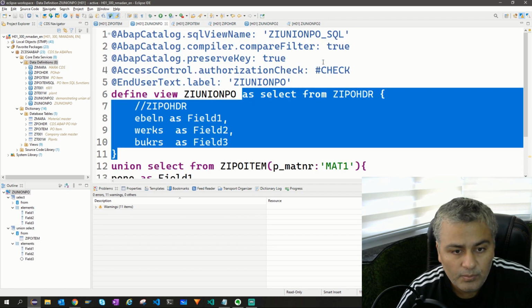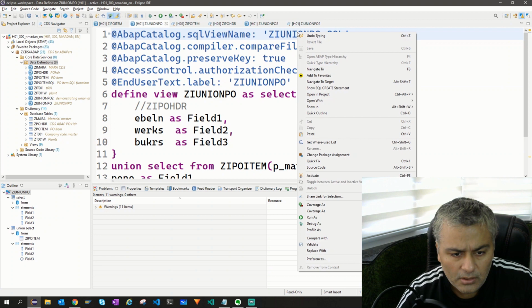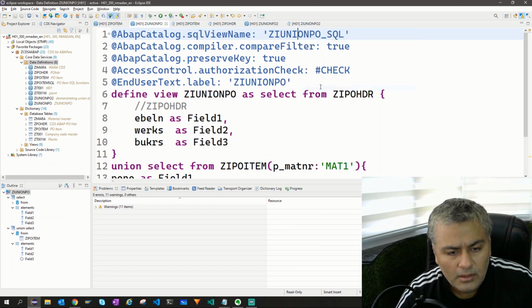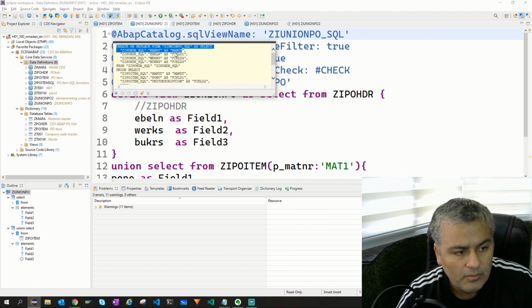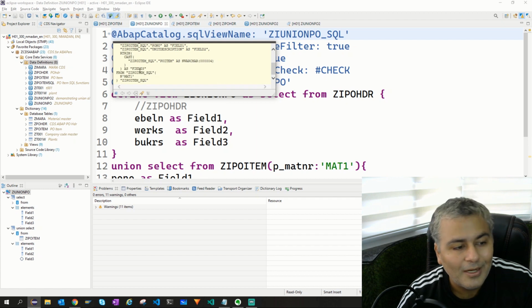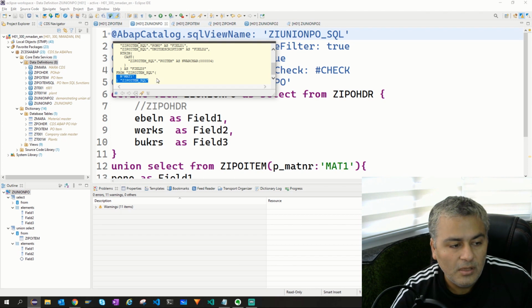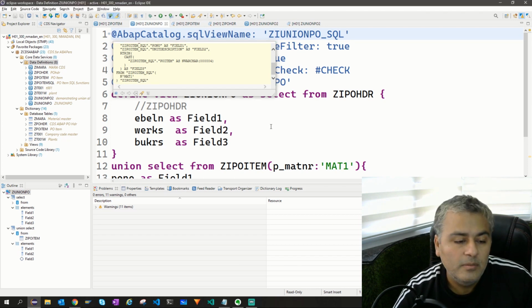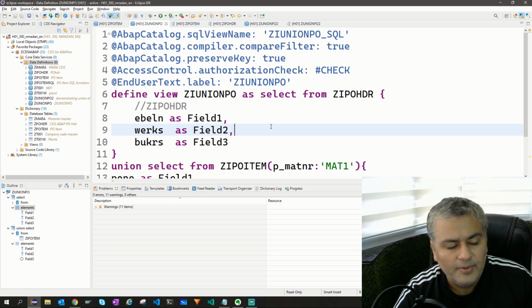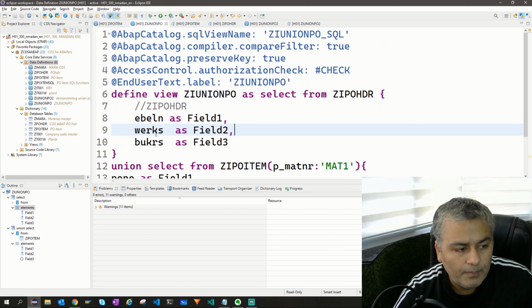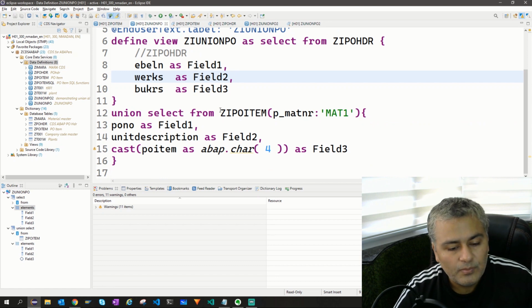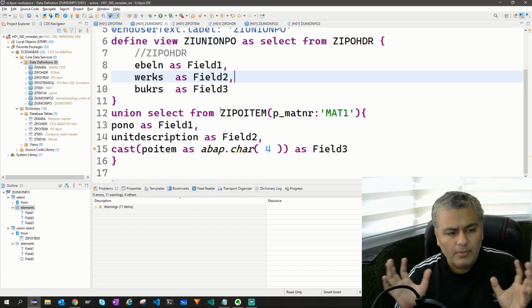And I wanted to show you one more thing. If I go to the SQL create of this union view, you will see typical database functions, RTRIM, CAST, right? These are typical database functions which are being executed on the database. So I think we have covered a fair bit of union. Now right now we are combining, but they are not joined